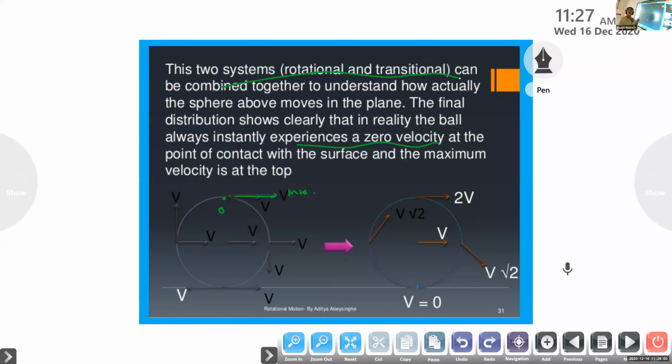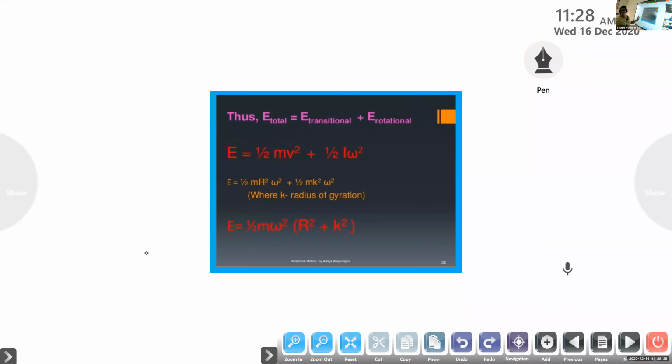It's a combined effect of rotational and translational, because we know Earth rotating around the sun is a uniform circular motion. We call it constant motion, but accelerated motion. In 9th standard, we have learned that even though Earth rotating around the sun is a uniform circular motion, moving with the same velocity, it is still known as accelerated motion, only because at every point it is changing direction. Wherever you draw the tangent, it is only changing direction. The value is not changing, but the direction is changing.